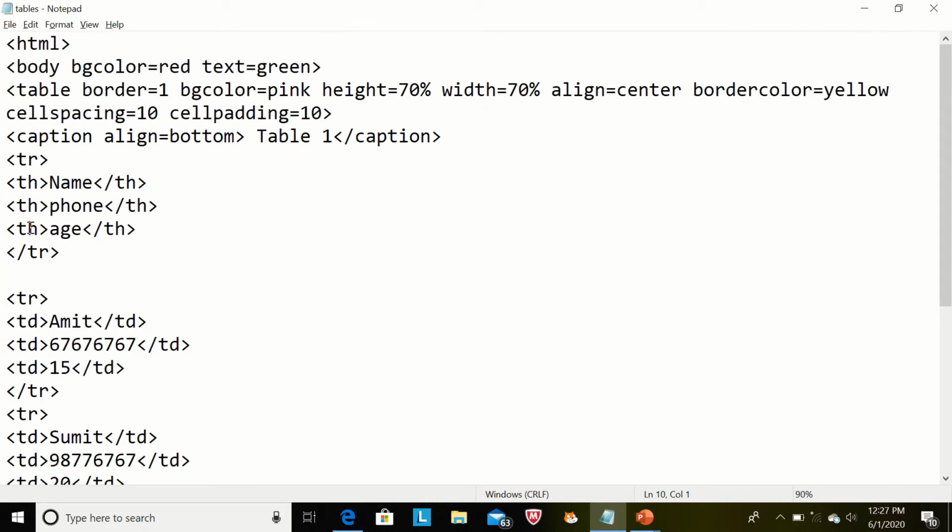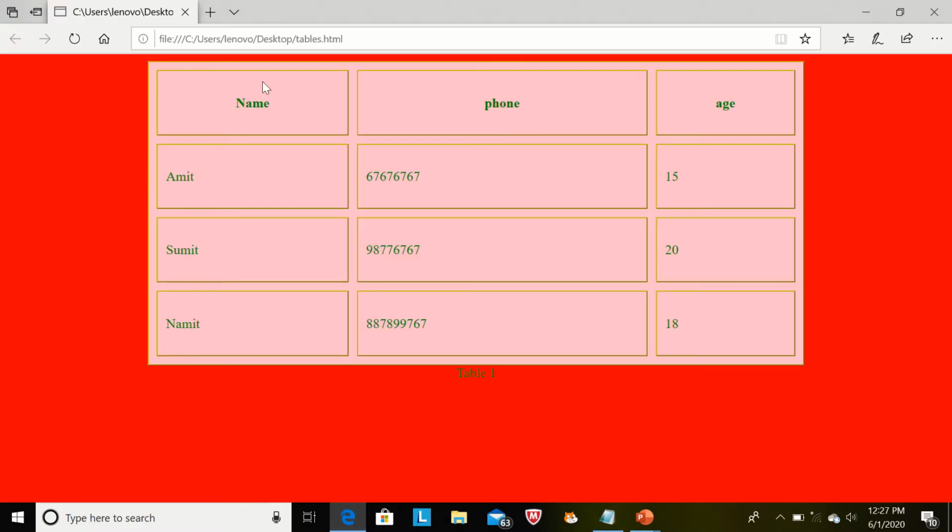Columns are created by th tag or td tag. The main difference between td and th is this. If we are using th, then our data will display in center and in bold format, and if we are using td, then our data will display in normal format and in left.